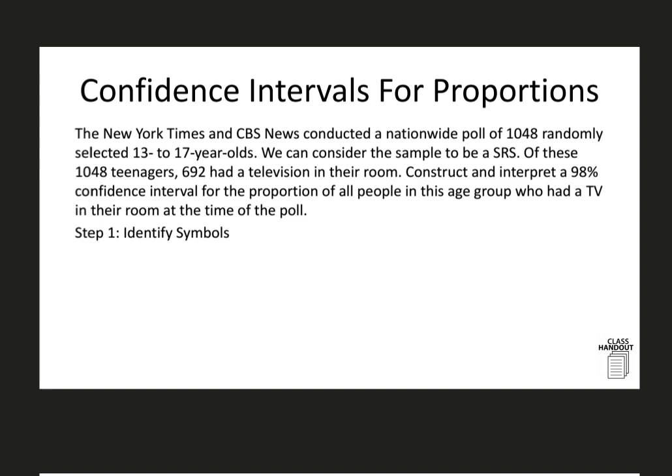In this example, it says the New York Times and CBS News conducted a nationwide poll of 1,048 randomly selected 13 to 17-year-olds. It says we can consider the sample to be an SRS. Okay, and then it says of these 1,048 teenagers, 692 had a television in their room. It says construct and interpret a 98% confidence interval for the proportion of all people in this age group who had a TV in their room at the time